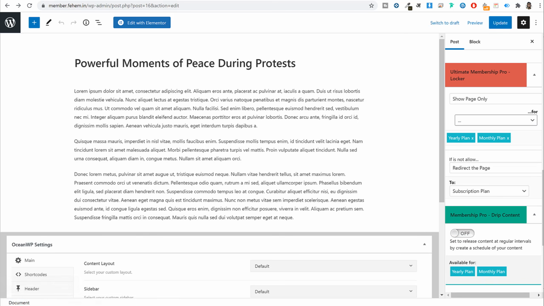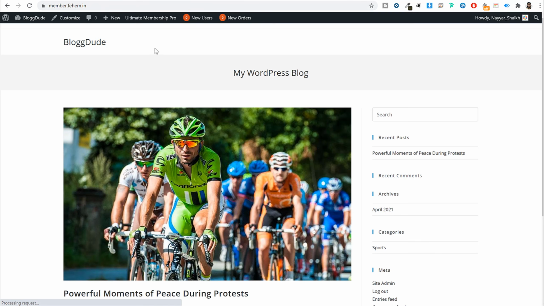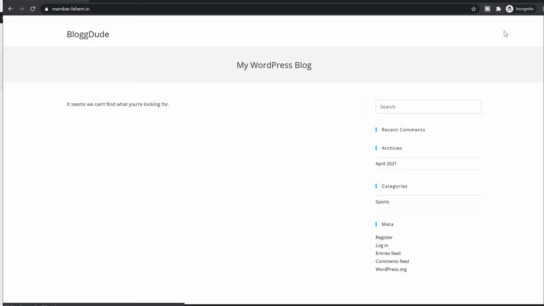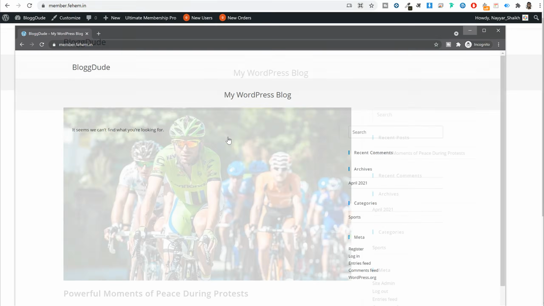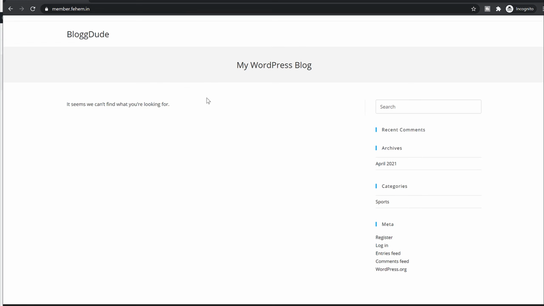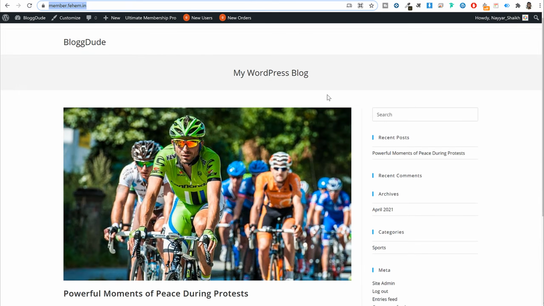If you open this post in a new tab, you're able to see, if I go to the homepage, this is how it is looking. But if a person opens this, let's open this in a new incognito window or a private window, as you can see, I cannot see any post. Although this post is available to me because I'm the admin, if a new user comes to your website, they cannot see this post. Although we have created this post, they still cannot see it just because we have hidden this post. We have restricted this post.